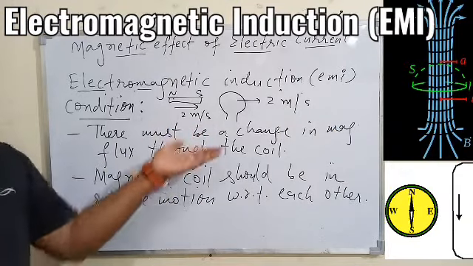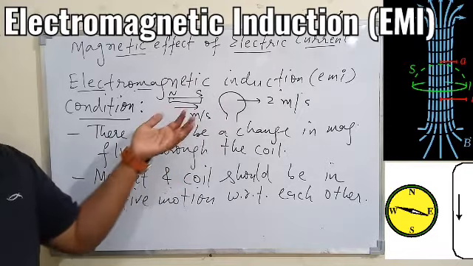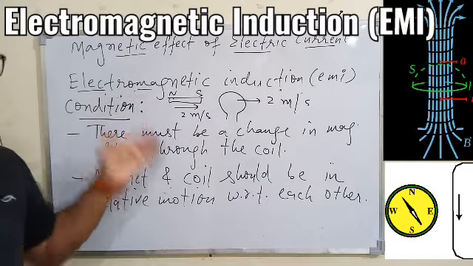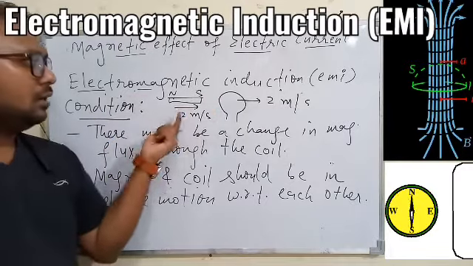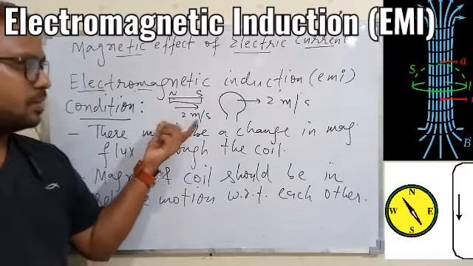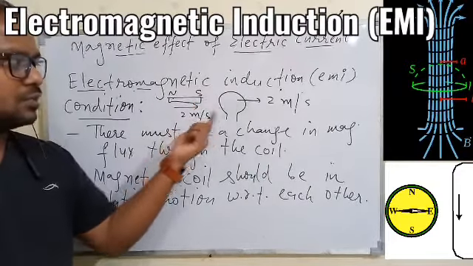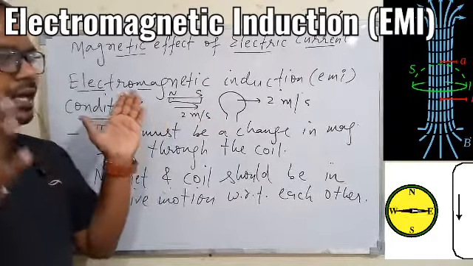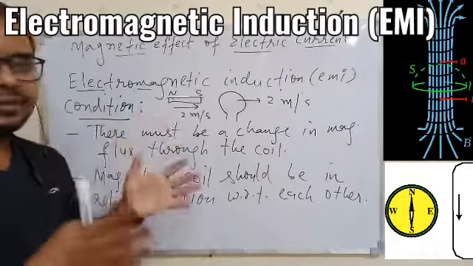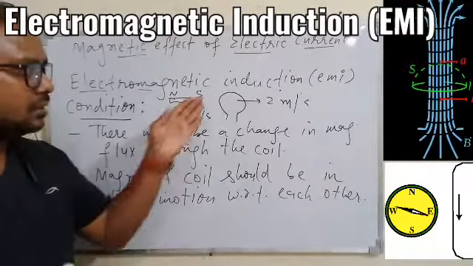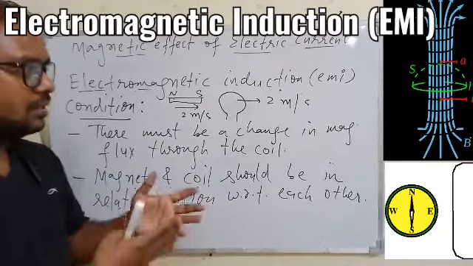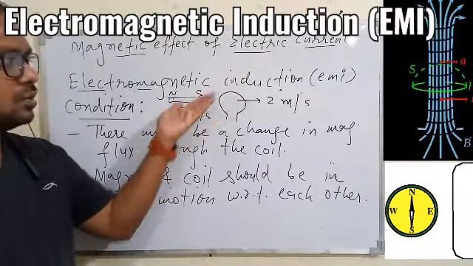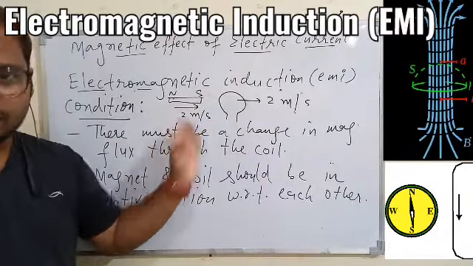So what will happen? They are in motion, but with respect to each other they are not moving, because both have the same speed or velocity. So in this condition, the magnetic flux through this coil will not change, because all the time the magnet will be at the same distance from the coil. If they are at rest, in that case also the magnetic flux will be constant, there will be no current in the coil. If they are moving with the same speed in the same direction, then also the flux through this coil will not change, so the current will not be there.